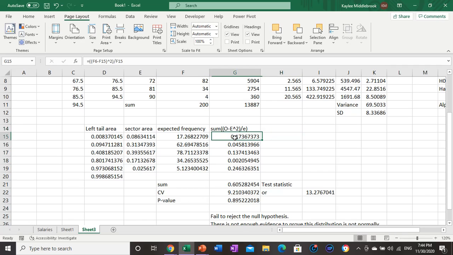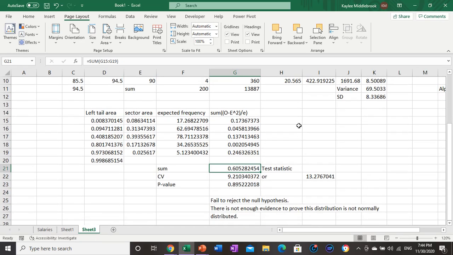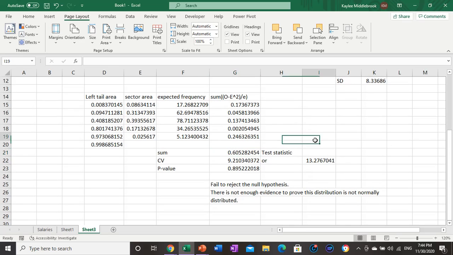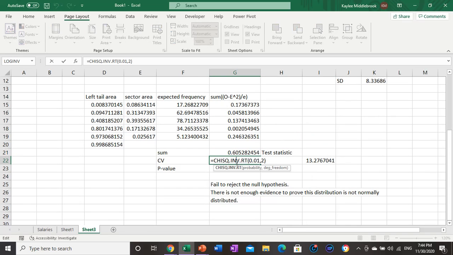There we go. And then next, what we do is we do our original minus expected squared divided by our expected, which should be looking pretty familiar to you guys. And then we sum that here at the bottom. And then that will give us our chi-squared test statistic. Then to calculate our critical value, we'll do chi-squared.inverse.right tail